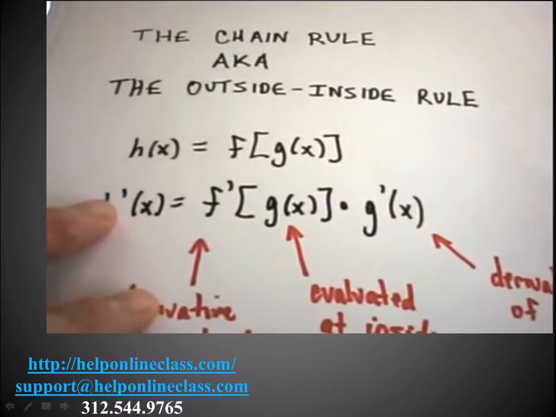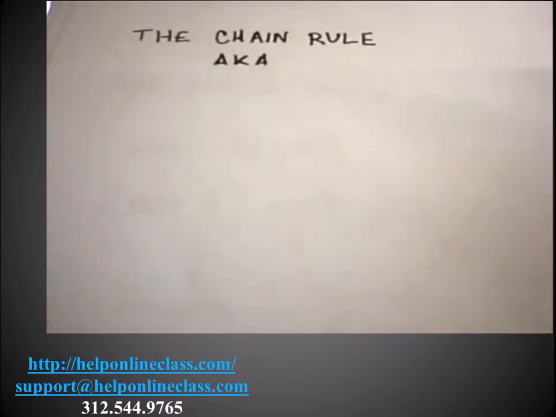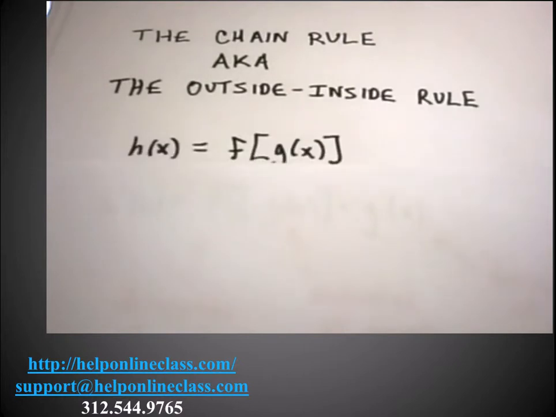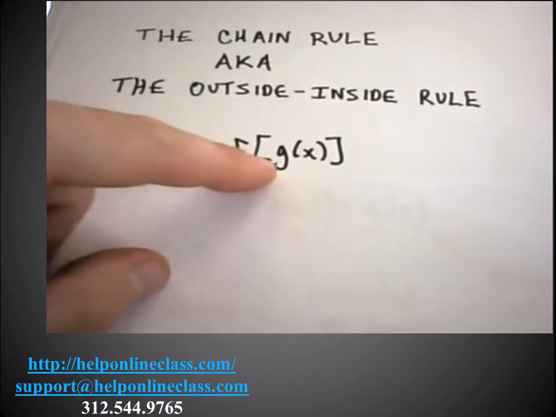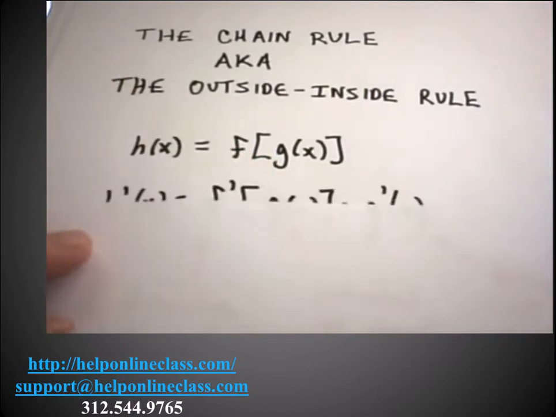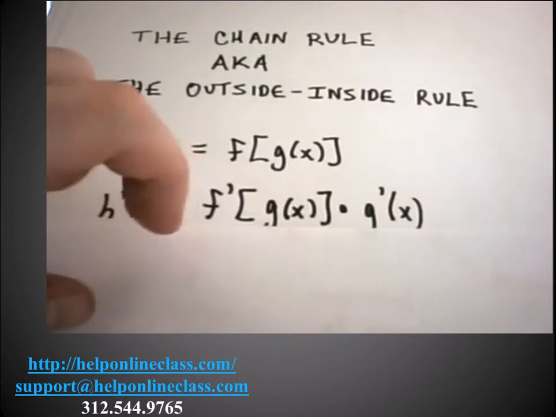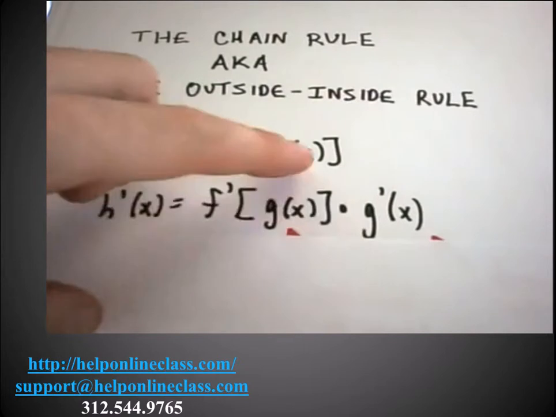The chain rule, or as it's sometimes called, and at least this is how I first thought about it, the outside-inside rule. So this is what the chain rule basically says. It says you start off with a function that's actually a composition of functions, and to take the derivative of that, what you do is it's the derivative of f, the inside's left alone, multiplied by the derivative